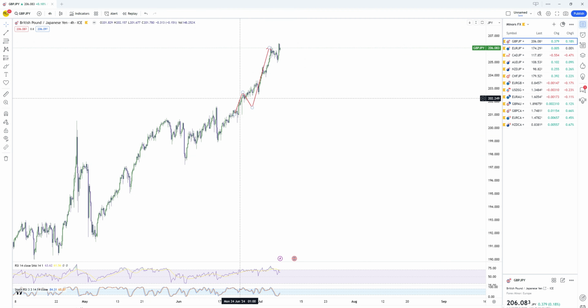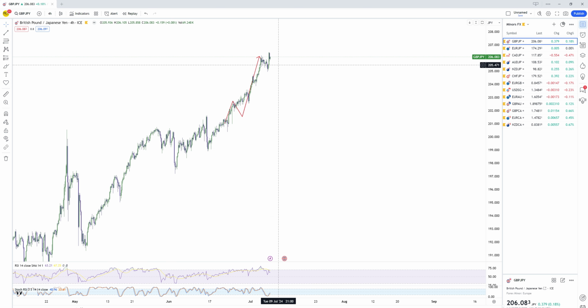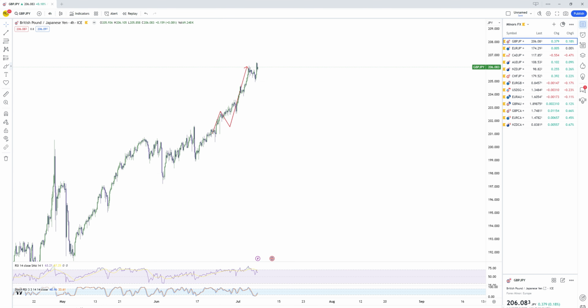Pound yen, we have got the up move over here after we had some small pullbacks. As we have been saying in the last weeks, the market was still bullish. The way that the market is behaving at the moment, it doesn't give us any signs of a reversal, but still, if it's going to do a move to the downside, it might be something like this, for a pullback, for another move to the upside perhaps, or at least a bounce.